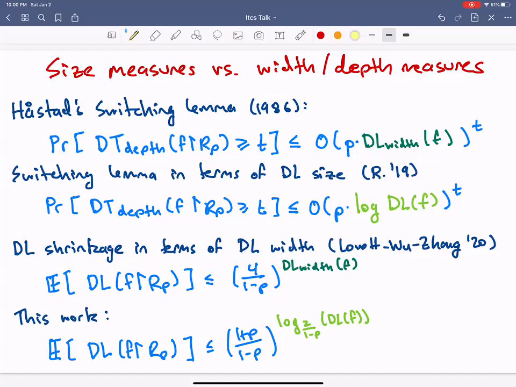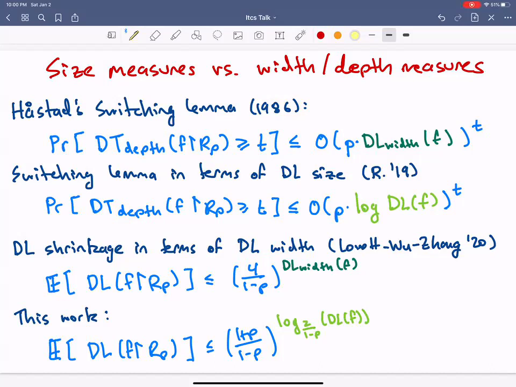And I didn't mention before, but for each of these size measures, for decision trees, decision lists, even De Morgan formulas, the corresponding width or depth measure usually bears some logarithmic relationship here. Okay, so another result on which this current paper builds is from a recent paper of Lovett, Wu,